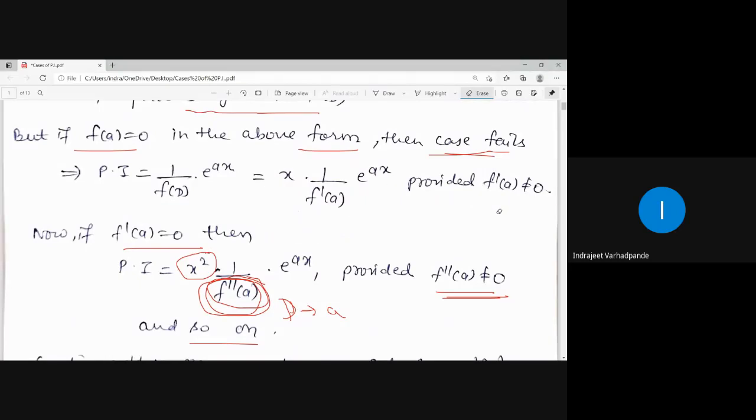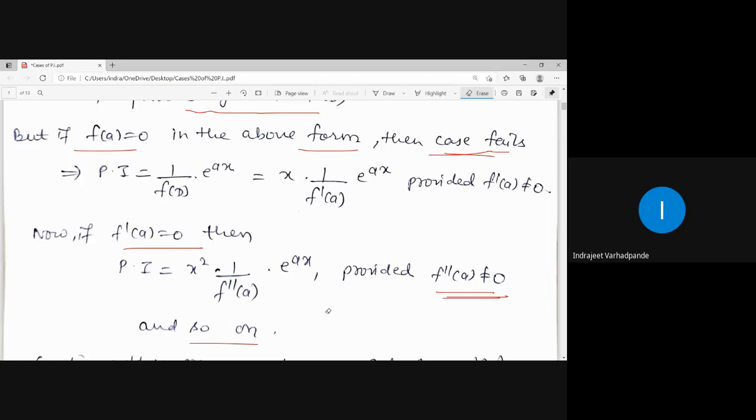So in case number 1 of particular integral, where the RHS of the given equation is e to the power ax, what rule do you have to remember? Replace D by a. How is a obtained? A is nothing but the coefficient of x in the exponential term. In e to the power ax, whatever is the coefficient of x, with that number or quantity, I have to replace D by a.